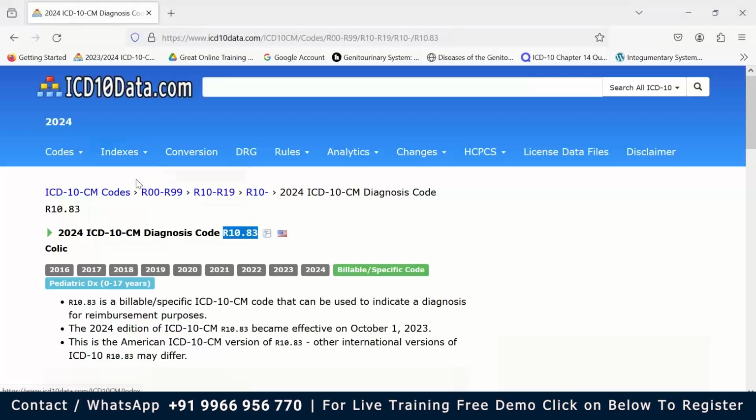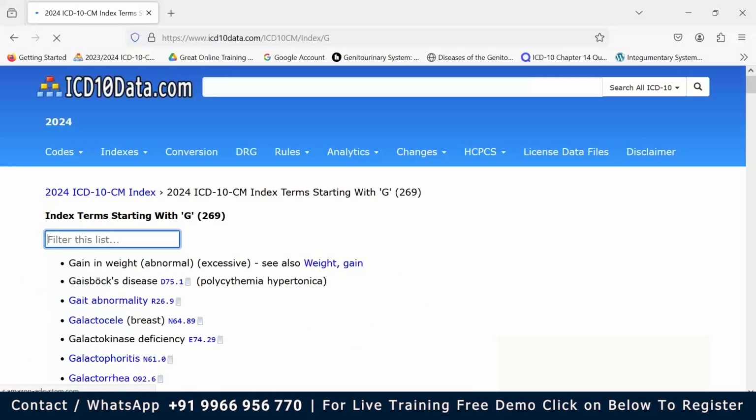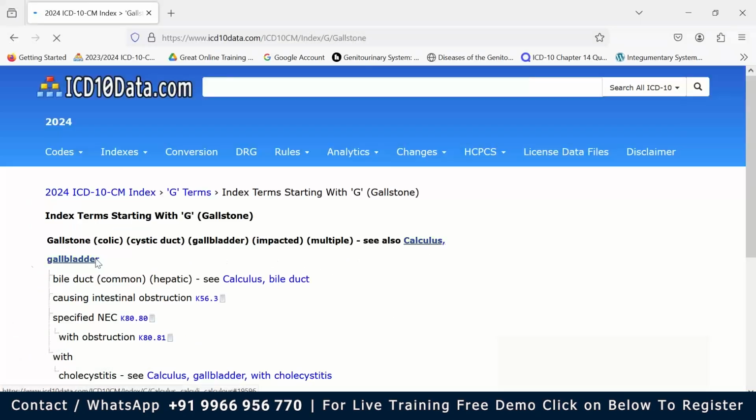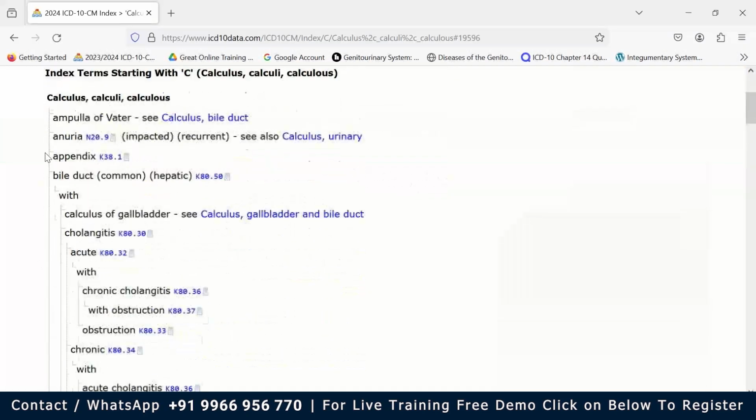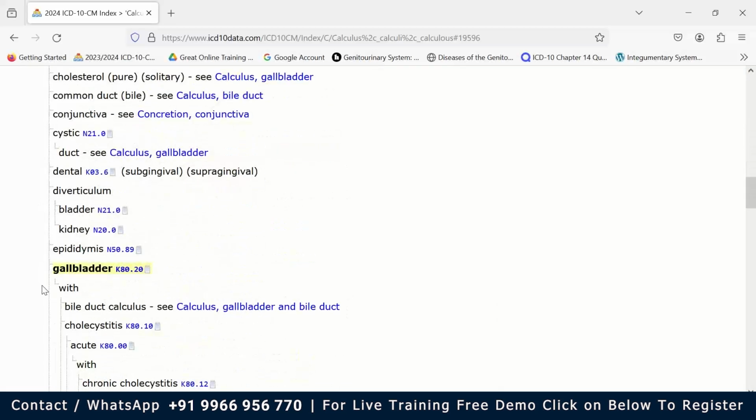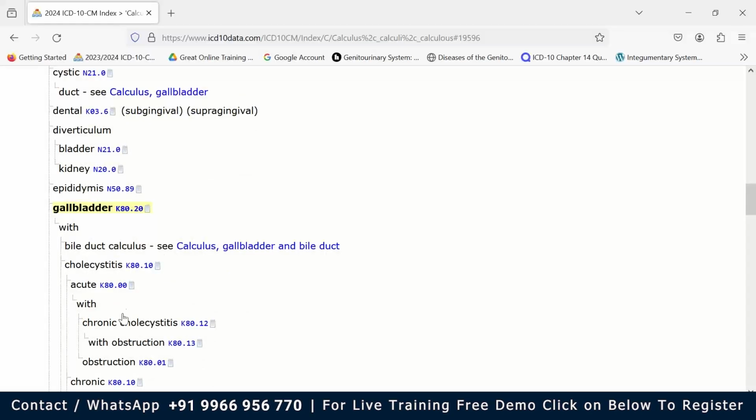Next, gallstones. Again, we have to go to the index and see whether we can find gallstone directly. Yes, we have the term, but you can see there is no code given. Okay, this says see also calculus, gallbladder. If you are using a book, you have to follow the instruction. You have to turn the pages, go to the letter C and search for calculus there. And then under calculus, you have to go to gallbladder. But right now, as we are using the site, once we click here, it will directly lead us to the calculus. We don't need to turn the pages. That's why it is very easy to search using a site or any application. Under the calculus, they ask us to look for gallbladder. Okay, so we got our code. We don't have any specification like gallbladder with bile duct calculus or something, so we need to choose this code